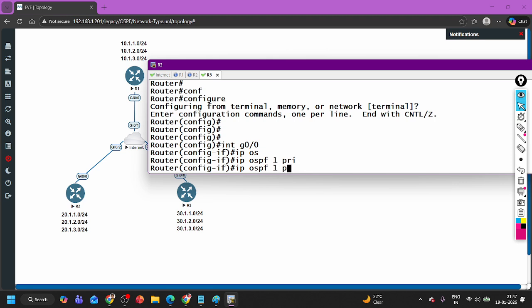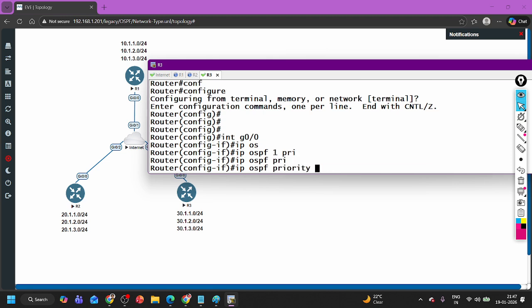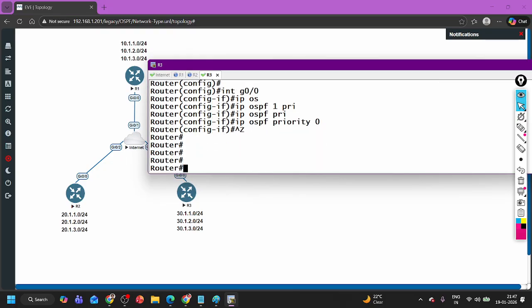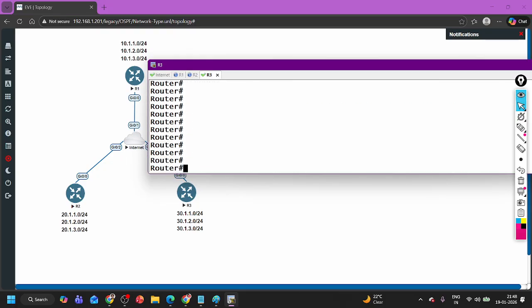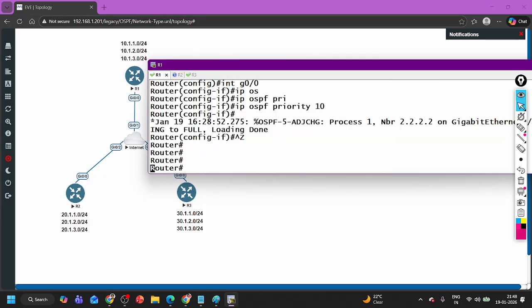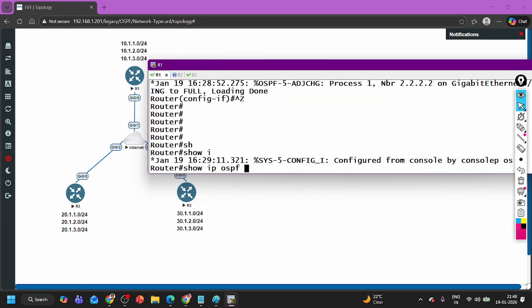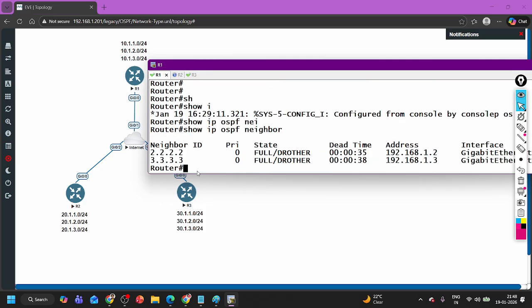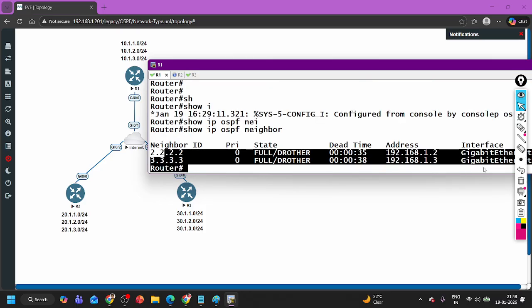Here I have configured priority 0 so that R3 should not become the DR router. Now who is DR? The hub router. R1 is the DR router. Now what is the issue? No issue. Now, with show ip ospf neighbor, you can see both the spokes have full neighborship with the hub router,